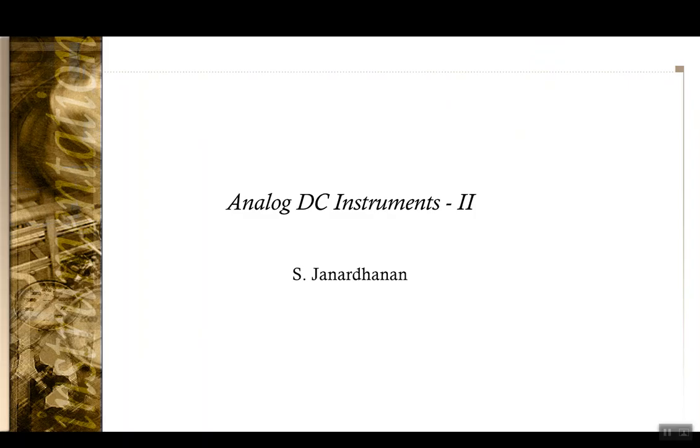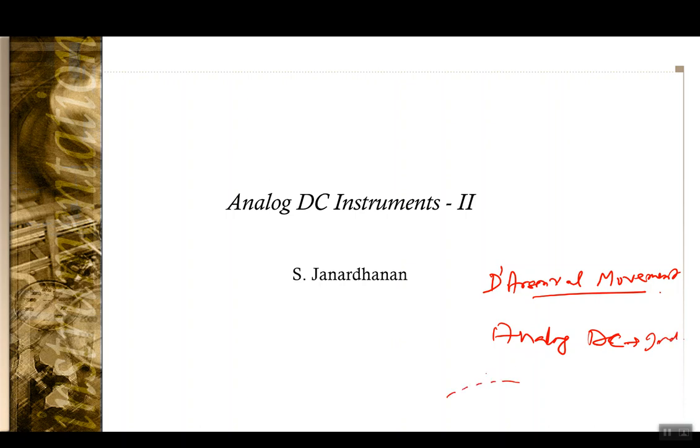Good morning. So, in the last lecture, we have seen how the concept of the solenoid movement can be used to design an analog DC instrument, an analog DC indicating instrument such that it will give, on a dial, a deflection theta that will be proportional to the current supplied into the instrument. And this is a DC instrument, and we have seen that